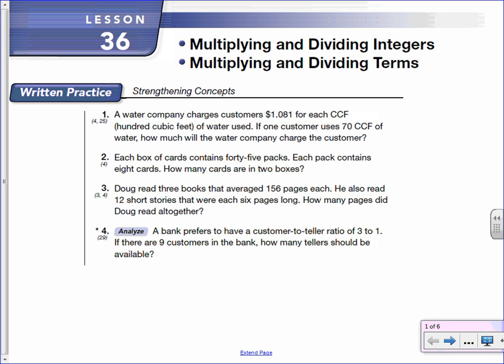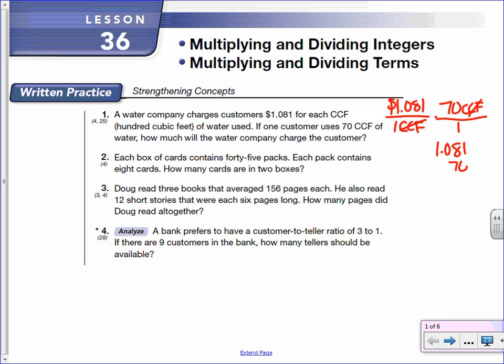So what we need to do is we say 1.081 per 1 CCF times 70 CCF. That'll cancel out the CCFs. And what that shows us is that we need to multiply 1.081